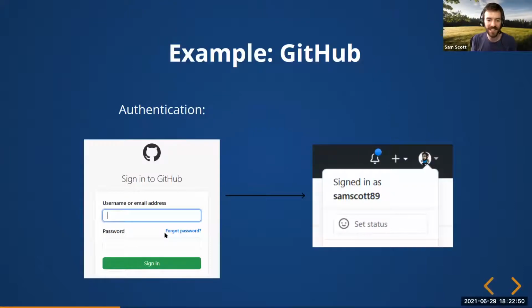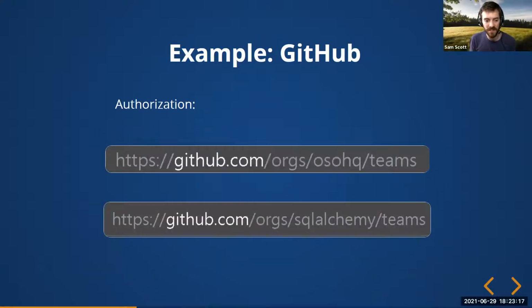But more practically, in the case of something like GitHub, the example of authentication is that you go to GitHub, and it gives you a login page where you enter your username and password. GitHub authenticates that you actually are who you say you are, and identifies that yes, you are Sam89. That's the authentication piece. Authorization is what comes next. Now that I've established who you are, what are you allowed to do?